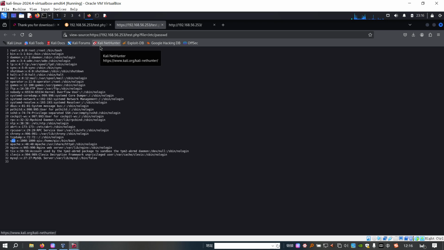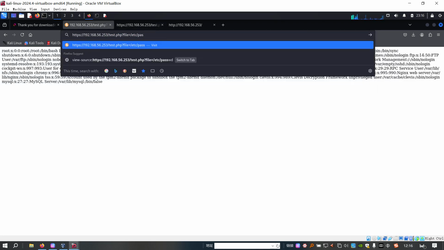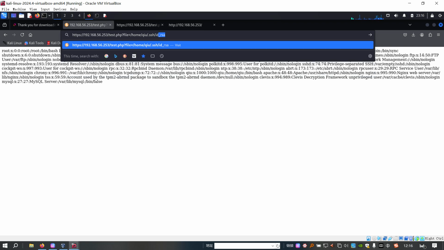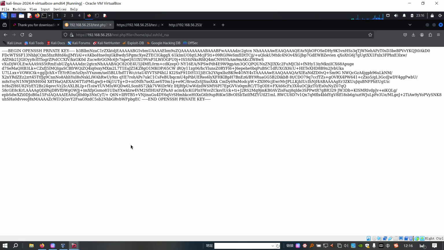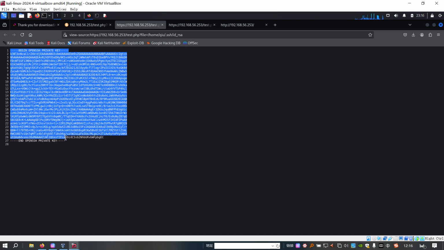And next, what do we have to do? We need to get information from the target, and usually I will check whether we can access the private key, the home q .ssh private key. Press enter, and we successfully got back the private key, and we can get a more organized format of this private key in the source code. We can copy,